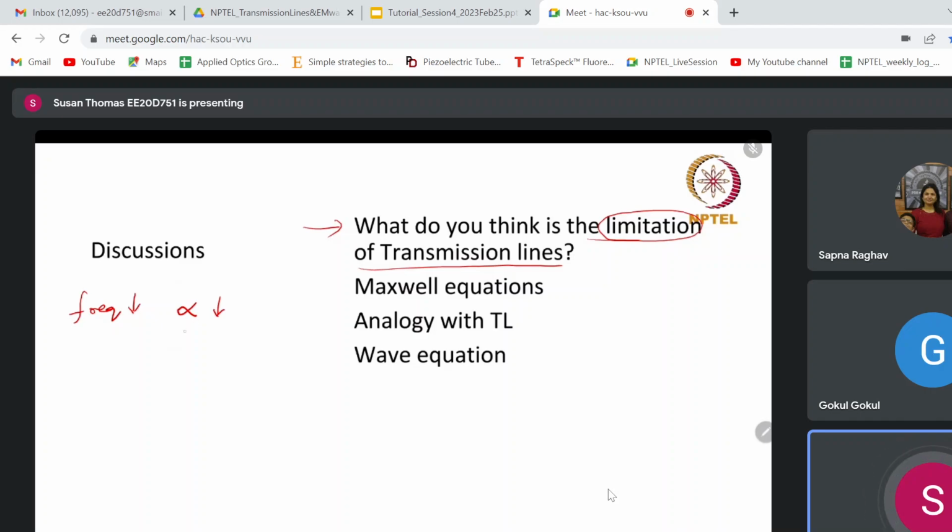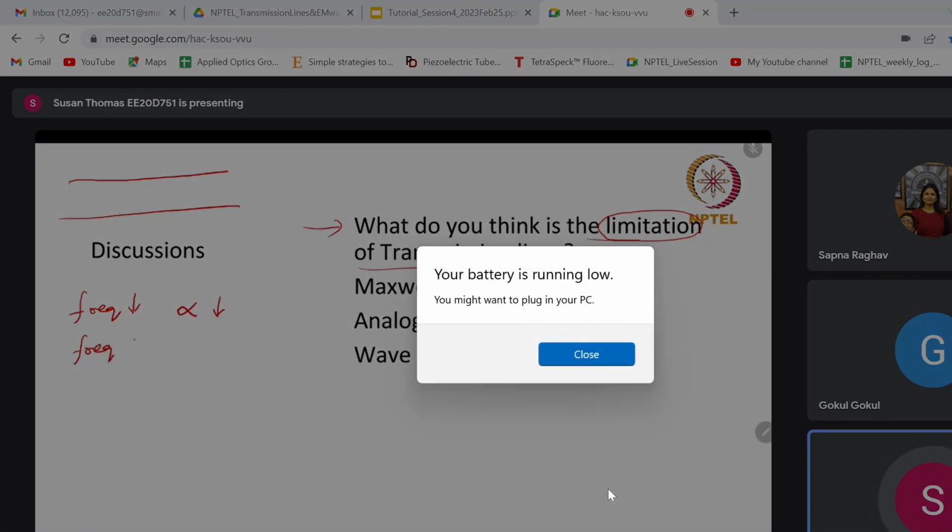That is, the attenuation of the wave along the transmission line as it propagates is low. But if you go for higher and higher frequencies,